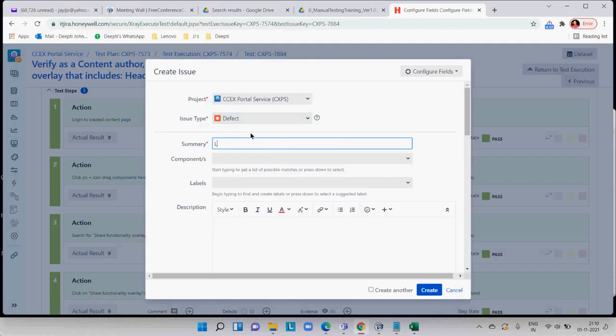This is the defect. I will mention that the login to the application is not successful at all. I will provide all the details, that when the user is accessing,